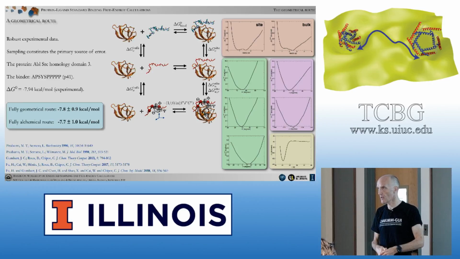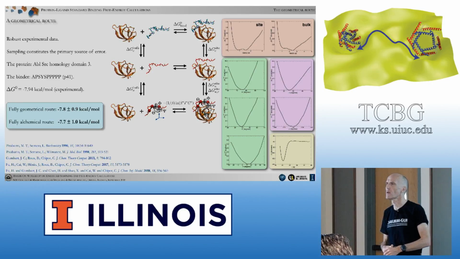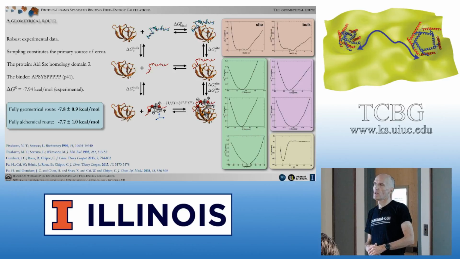Okay. Question. Yeah. How do you calculate the errors? You repeat this a couple of times? No, so for the alchemical routes, we take a very conservative estimate, that you can criticize as much as you want. Please. We just get the error from the hysteresis between the forward and the backward